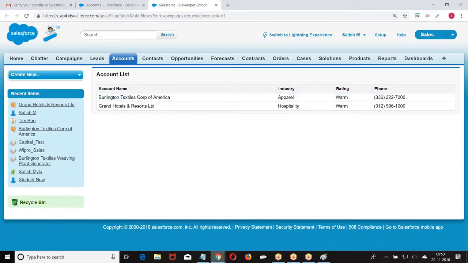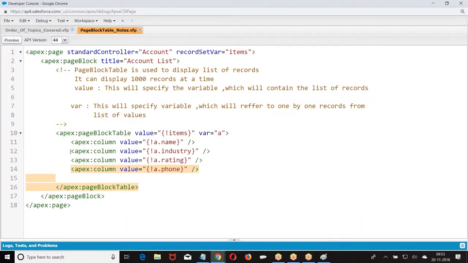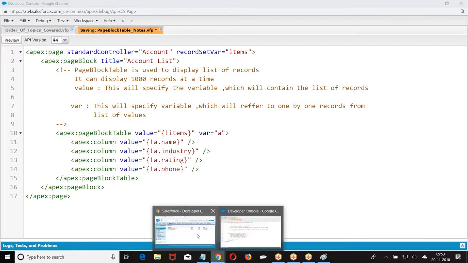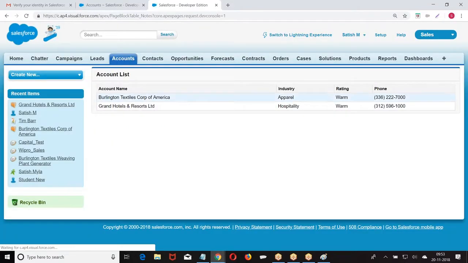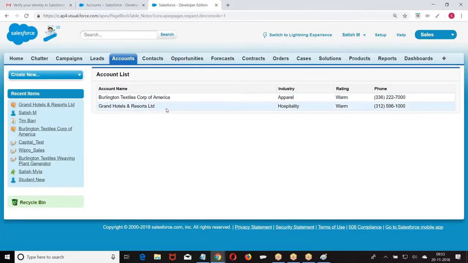So what will page block table do? Display a list of records. Page block table will display a list of records. If you look at this list of records, how are they displayed? Look at this standard look and feel. Entire row, like a row they are displayed. Now what is the look and feel we are getting?